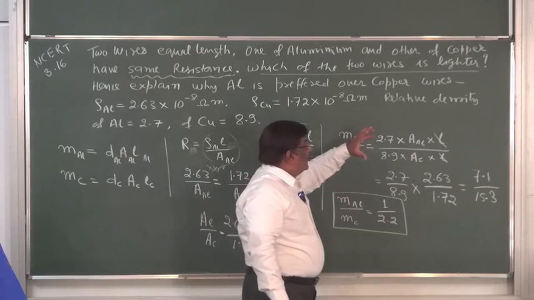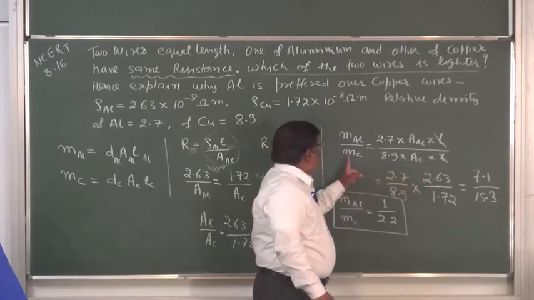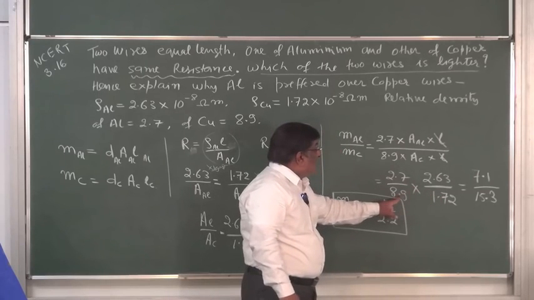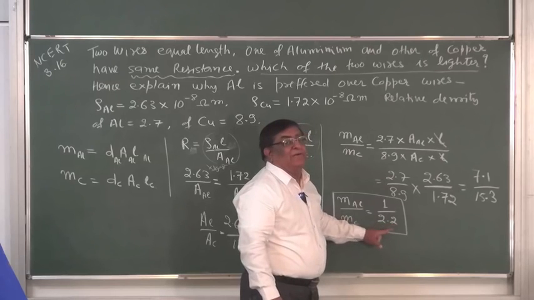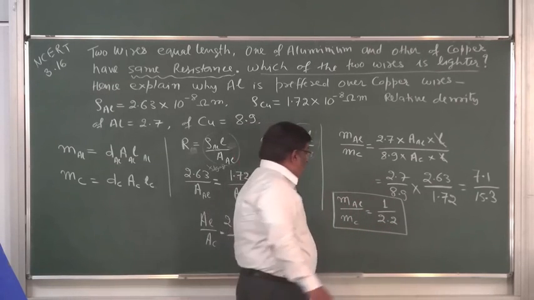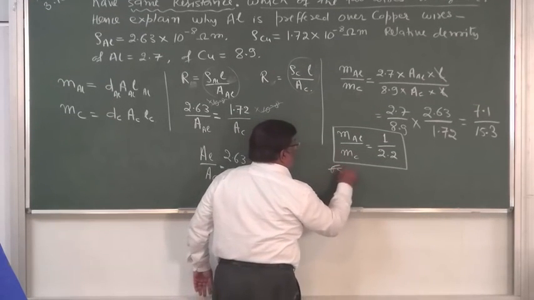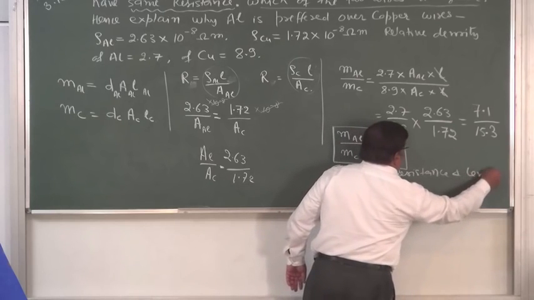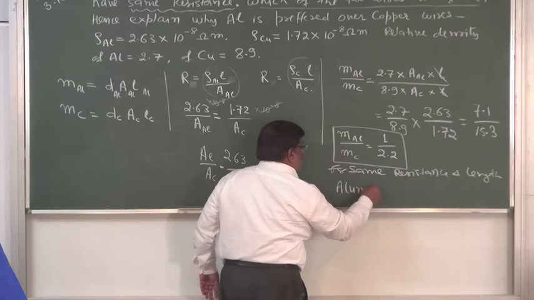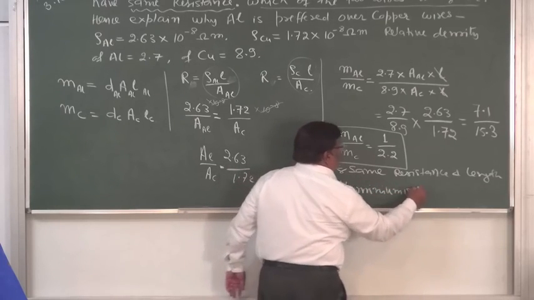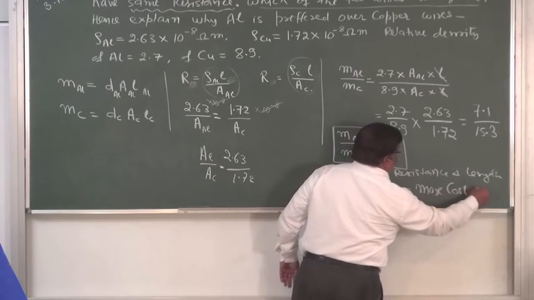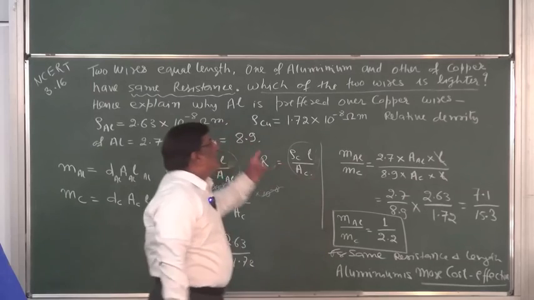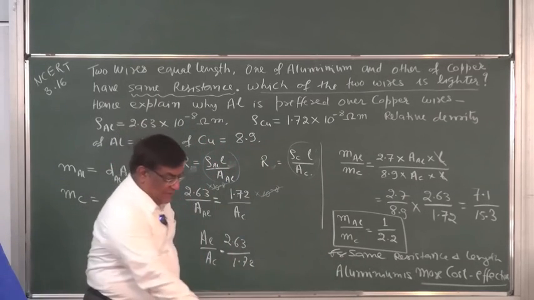इसके एरिया को हम मोटा कर देंगे. See, एरिया 2.6, उसके बराबर कॉपर का कितना एरिया? 1.7. पर जब हम इसको भी लेते हैं तो भी इसकी डेंसिटी बहुत ज़्यादा होती है तो इसका मास बहुत ज़्यादा हो जाता है, and copper is very costly compared to aluminium. So for the same resistance and length, aluminium is more cost effective. So that's why we will use aluminium. तो इसको याद कर लीजिए, देख लीजिए, and now